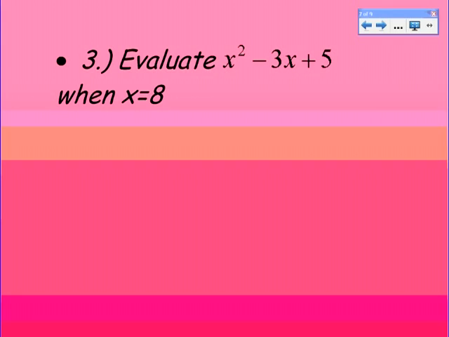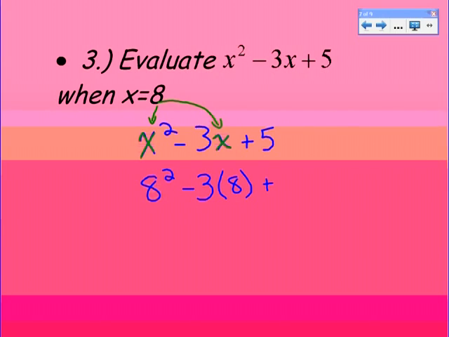Okay, rewrite your equation. Oh, sorry, expression. X squared minus 3x plus 5. Let me highlight those x's again. I have an x right there and an x right there. I'm going to substitute that 8 anywhere I see an x. Those are my two spots right there. So let me rewrite this now. We have 8 squared, careful with that squared, don't lose it, minus 3 times 8